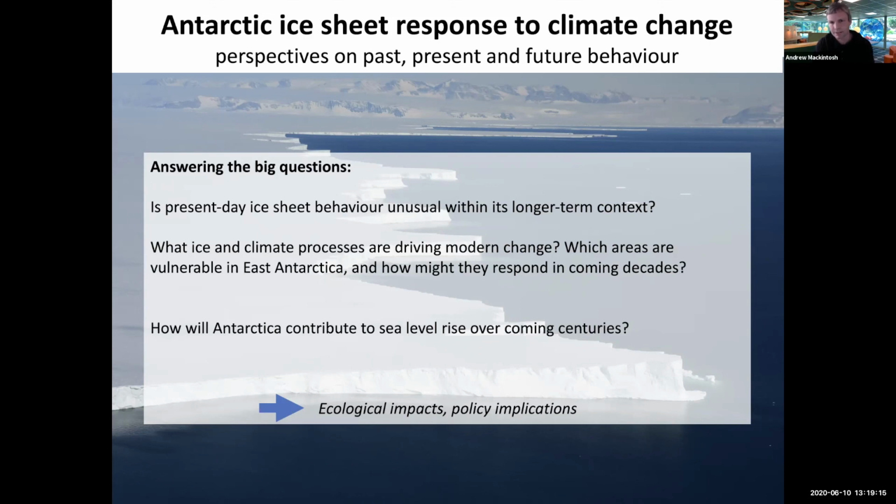Now, I've just been focusing on theme one, but obviously SAEF has 3 themes, and there are implications for this work that cross from theme 1 to theme 3. For example, if in the future we're going to have the large-scale deglaciation of sectors of Antarctica, that will have major ecological implications, and then we'll be dealing with the policy implications for that. How will the treaty cope with the loss of West Antarctica or the massive retreat of Totten Glacier, for example? These are things that together I hope we can grapple with as part of the